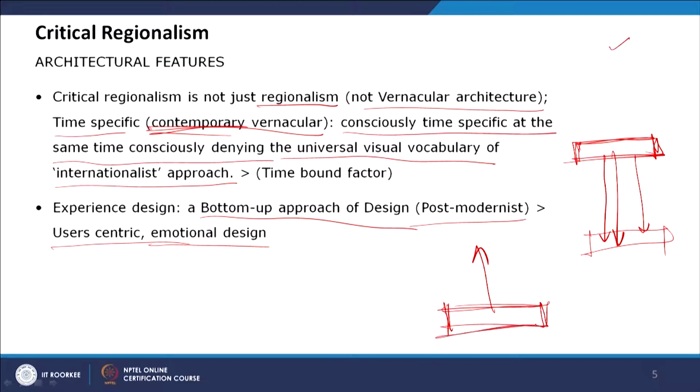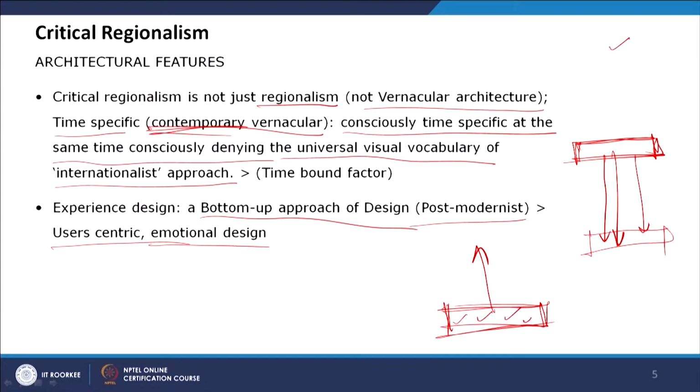But in critical regionalism, what is happening? There was no theory, so the only thing is it will respond to the context. Architects will not start with a particular visual style. They will look at what is the local visual style, what is the people's behavior, what kind of elements are there, and those will create the visual palette. So there was no previously set visual palette and visual design. From these contexts and elements the design will be created, and then the final design will come. So there's a bottom-up approach of design. There's a difference between top-down and bottom-up approach of design.